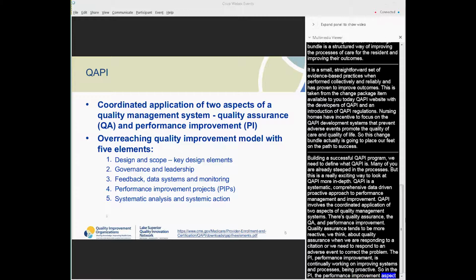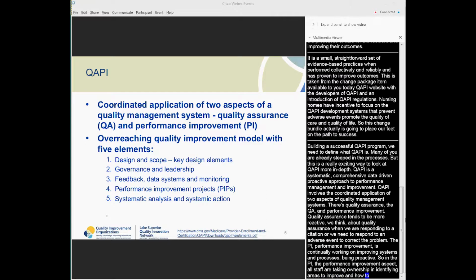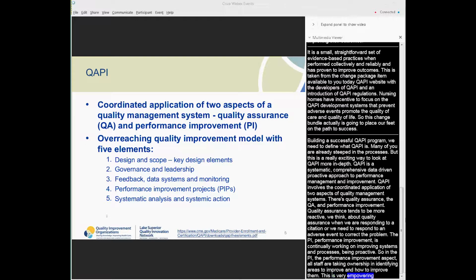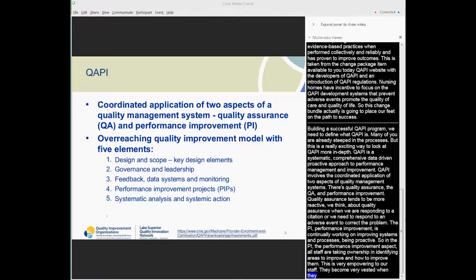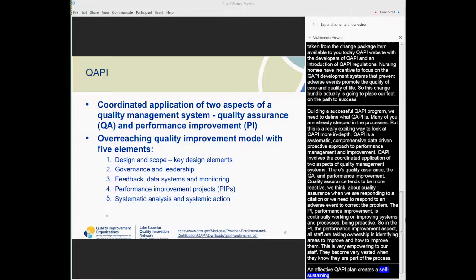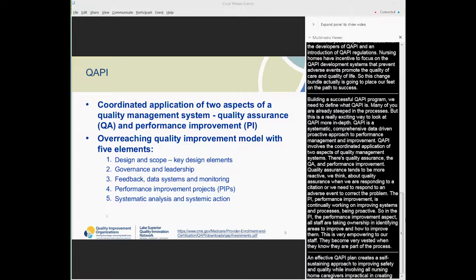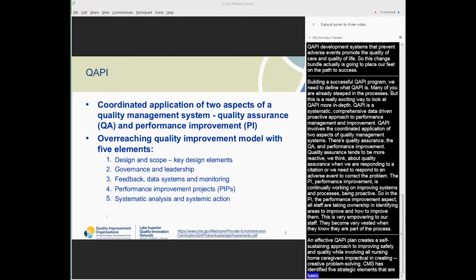This is very empowering to our staff, and they become very invested when they know they are part of the process. An effective QAPI plan creates a self-sustaining approach to improving safety and quality while involving all nursing home caregivers in practical and creative problem solving. CMS has identified 5 strategic elements that are basic building blocks to effective QAPI. The 5 elements are your strategic framework for developing, implementing, and sustaining QAPI, and they include